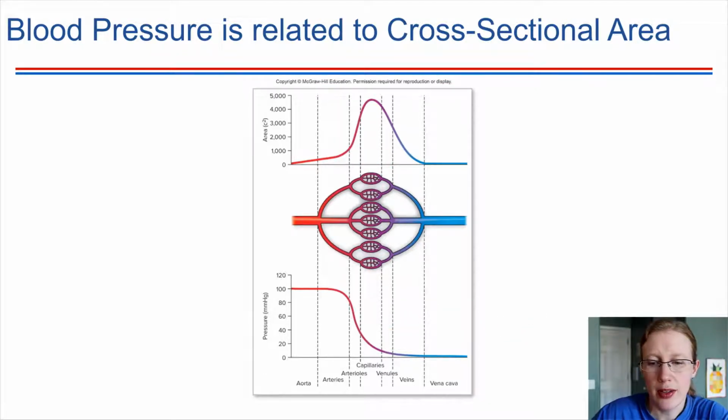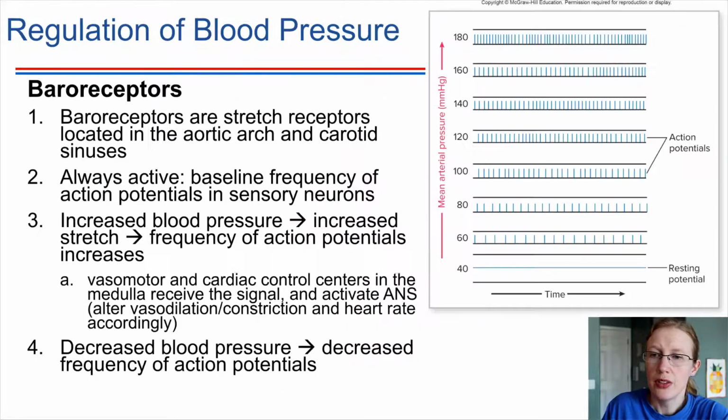Blood pressure is something that it's very important to maintain. So our bodies have ways of detecting blood pressure. It's through the use of receptors. They're called baroreceptors. Baroreceptors are just another type of stretch receptor. They're located inside of the aortic arch and also inside of the carotid sinuses. And they are receptors that are always sending an action potential. So they have sort of like a baseline frequency, and if the blood pressure increases, what that does is it increases the stretch on this receptor and causes it to fire more frequently, causes more frequent action potentials to be sent up to the nervous system.